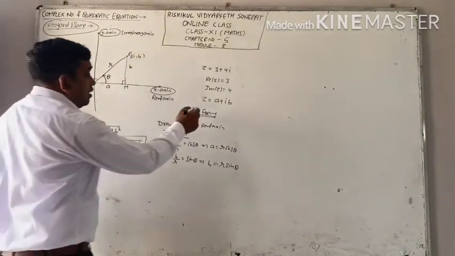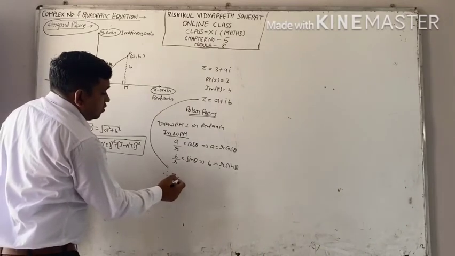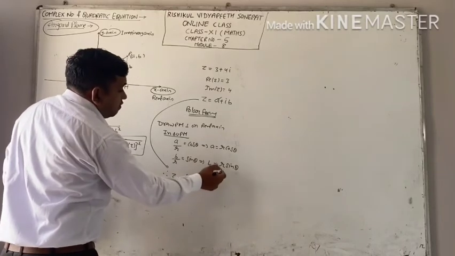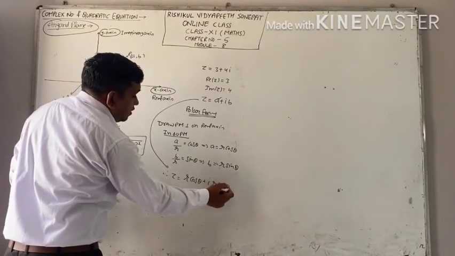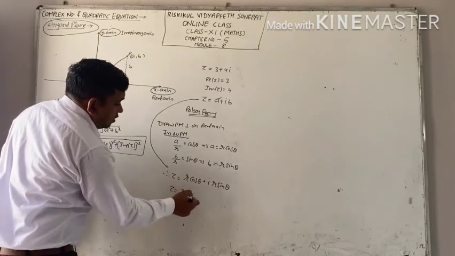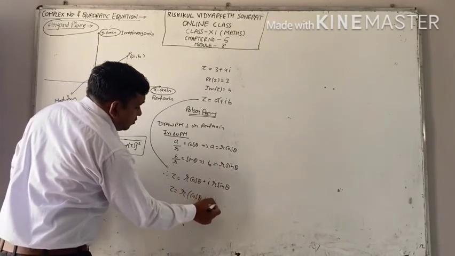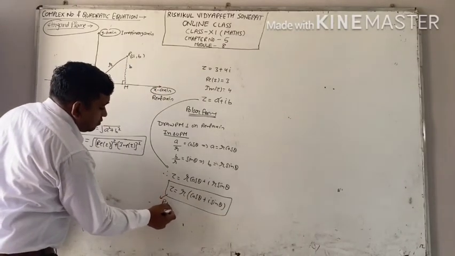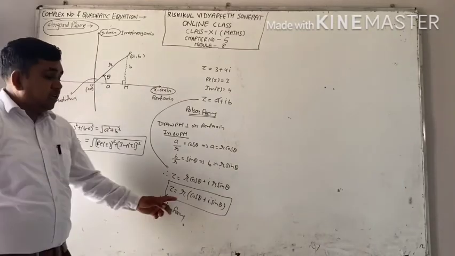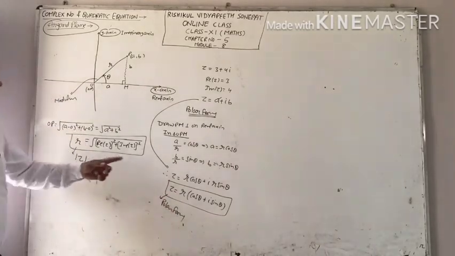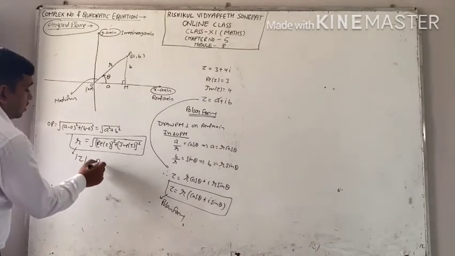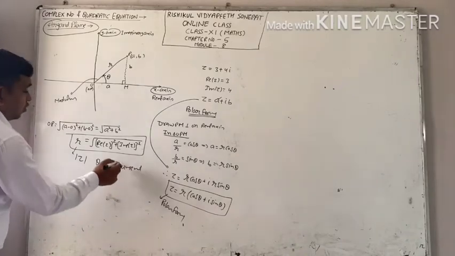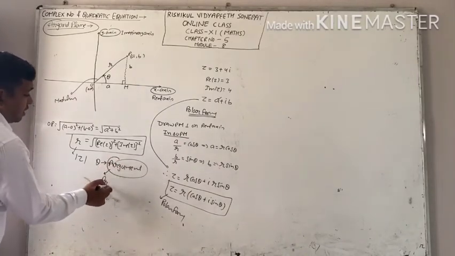Right? Put values here. Therefore, z equal to value of a, which is r cos theta, plus iota times value of b, which is r sin theta. Take r as common. And this form is called your polar form. Here mainly we are having two terms. First is r, you know very well, and second is theta. Theta is called your argument, and in polar form it is called your principal argument.